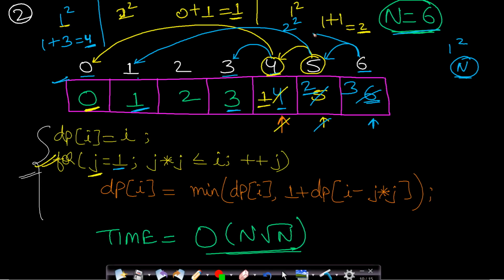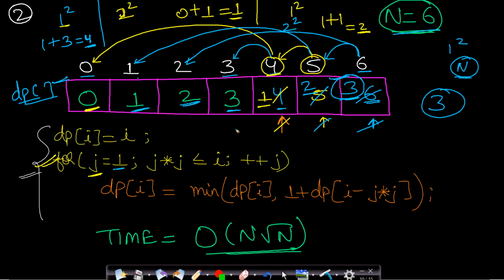Now you will make a 2 square split. It will be at 2. 2's value is here 2, so 2 plus 1 will be 3. It is already 3. Now a 3 square split is not possible, so you will not do anything. Now finally, after processing each and every value, you will return the dp table value dp at n. Okay, so this is our dp table. So dp at n is equal to 3. So in this case, the answer will be 3.